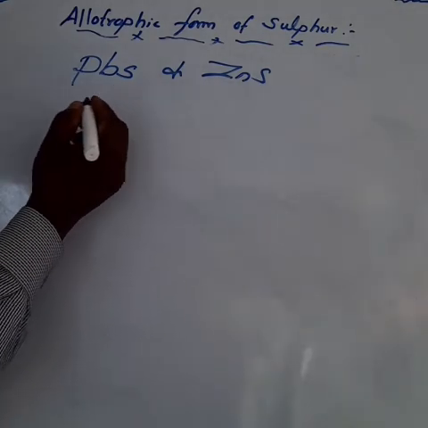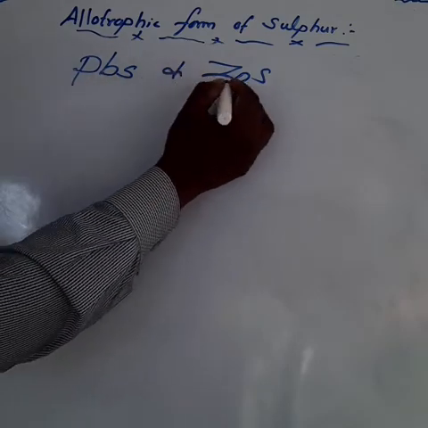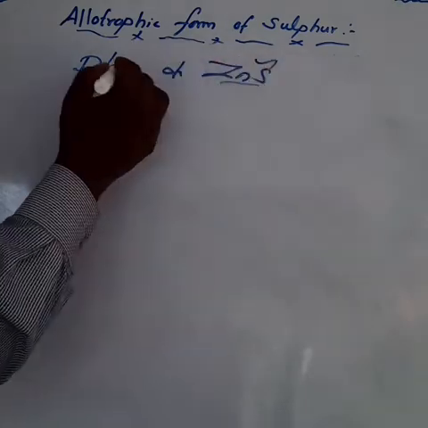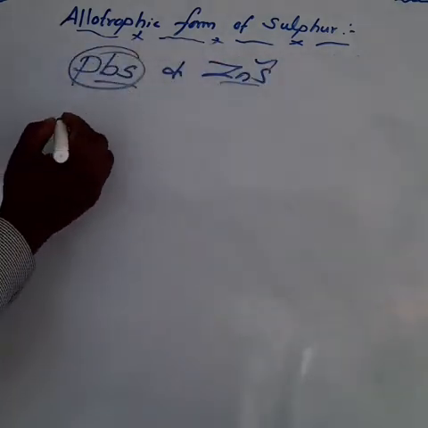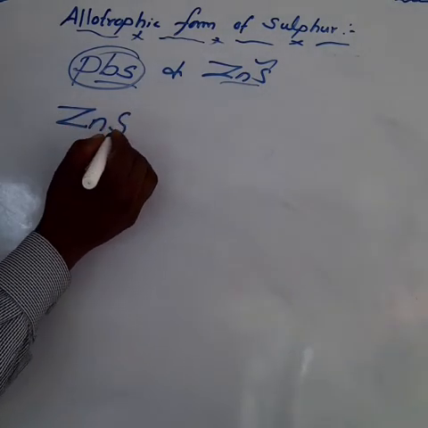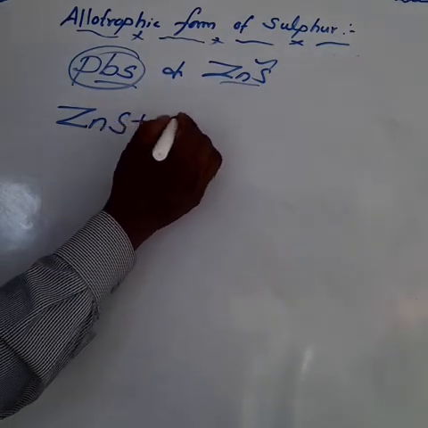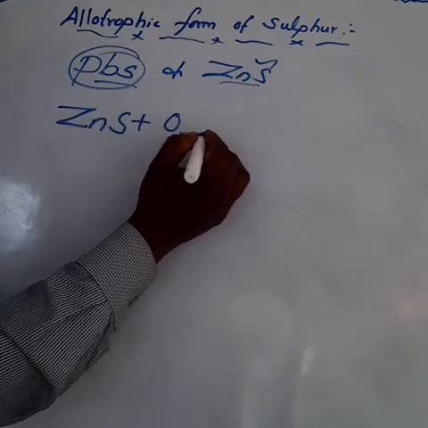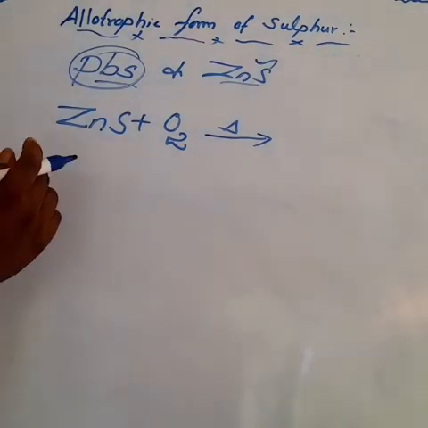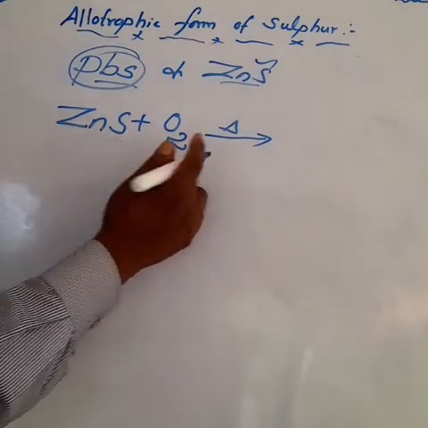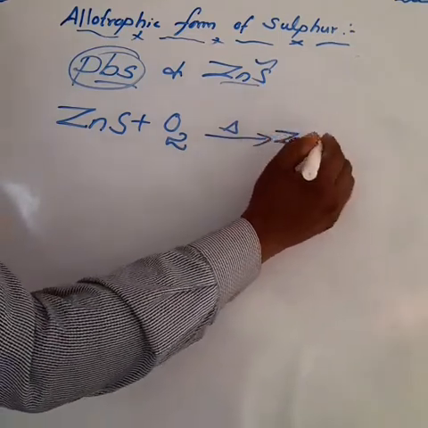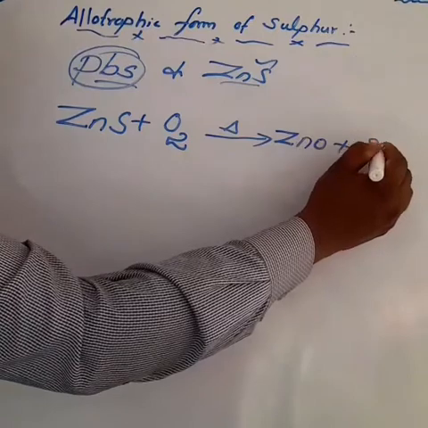We can write the equation for galena, and also we can take zinc blende. As per the textbook, we have only zinc blende. Okay, so we have to write zinc blende. What is the formula? ZnS. This one reacts with, otherwise we can say roasting, oxygen. We get zinc oxide and also we get sulfur dioxide. Am I right? Zinc oxide and sulfur dioxide.